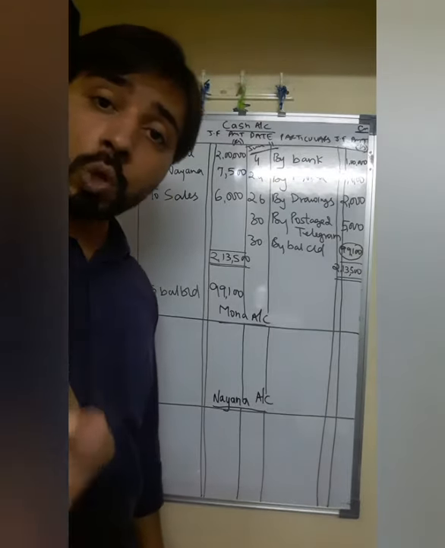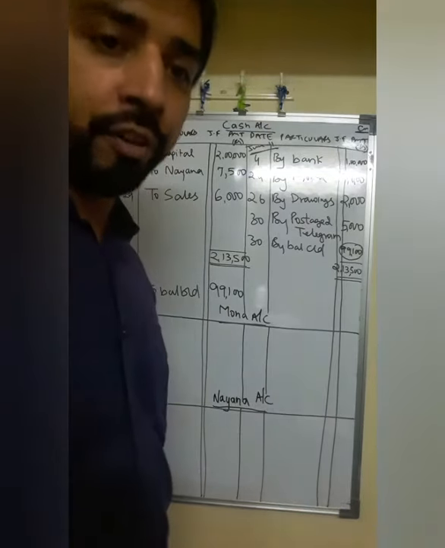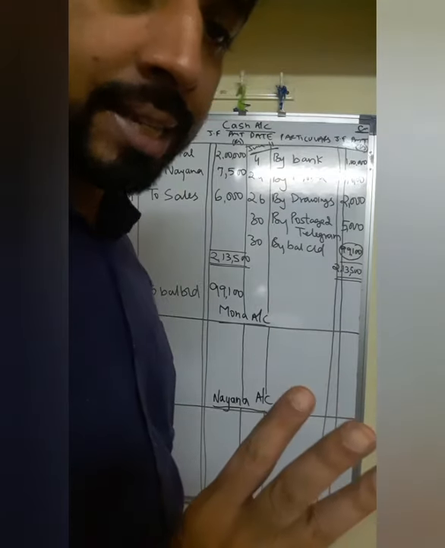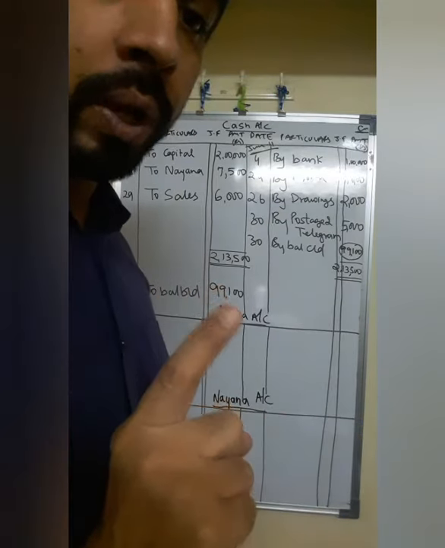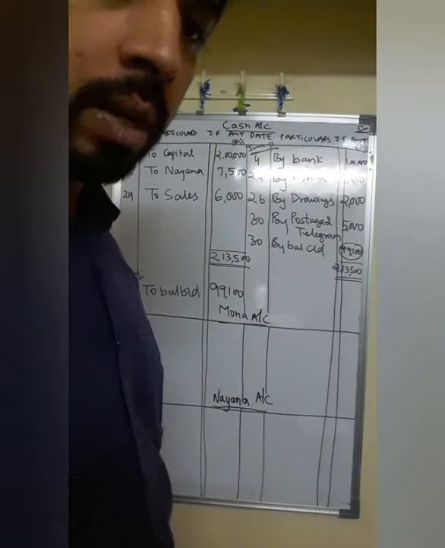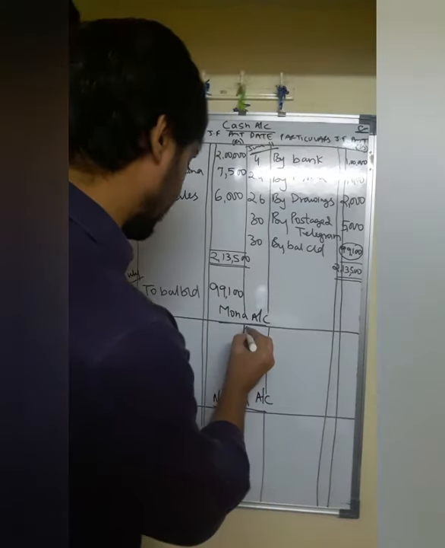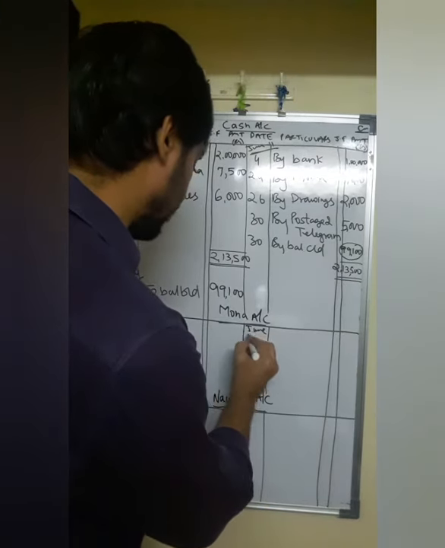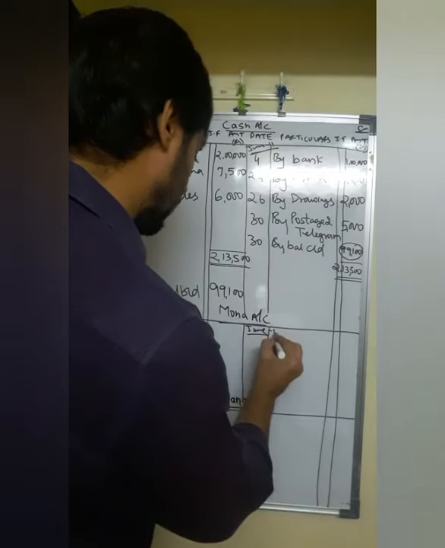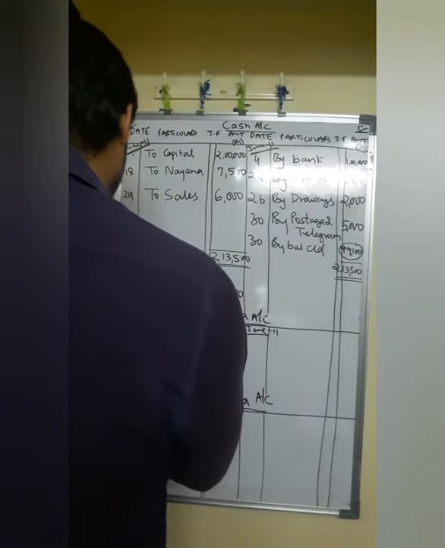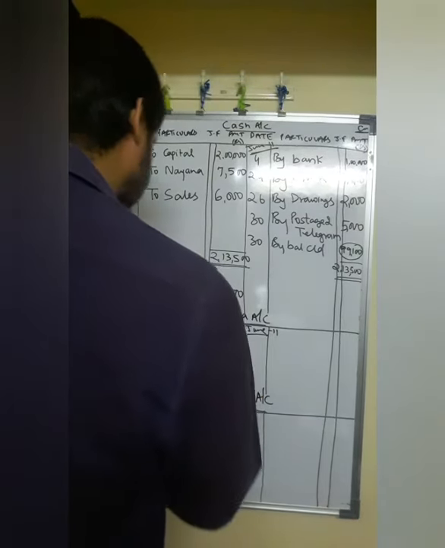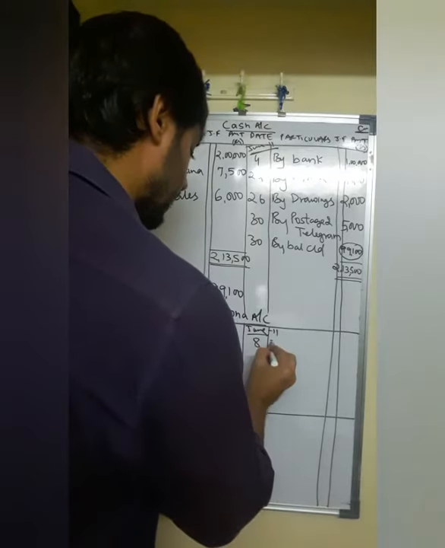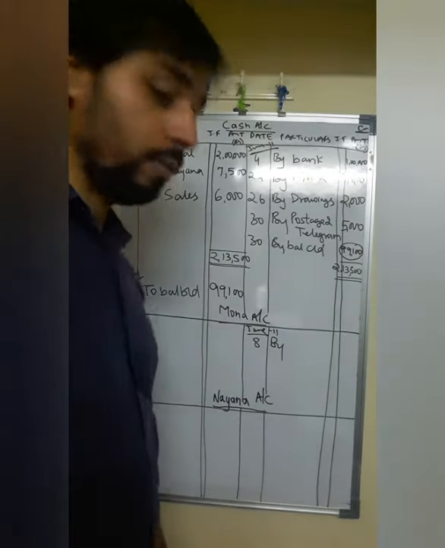Now check out Mona's account. We'll just concentrate on Mona's account. Where you find the word Mona in the third transaction, that is on June 8, Mona is credited, right, students? So we'll go on the credit side. Again, I'll write the date initially. June 2011. All the transactions are for the month of June 2011.